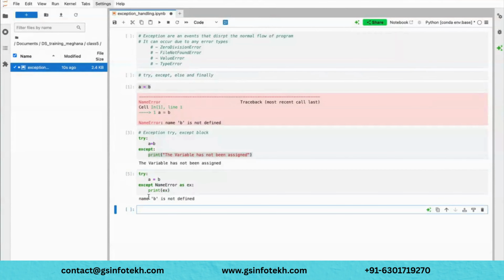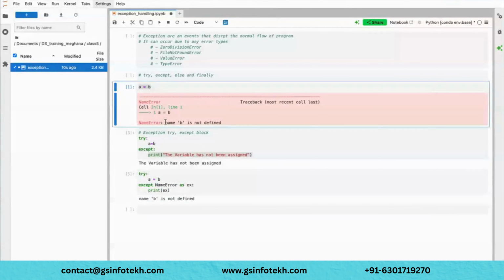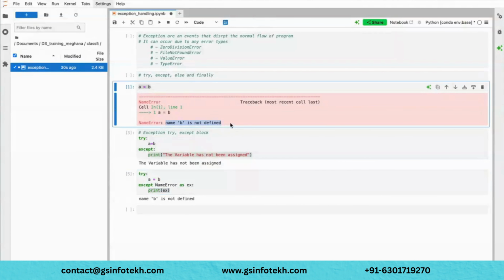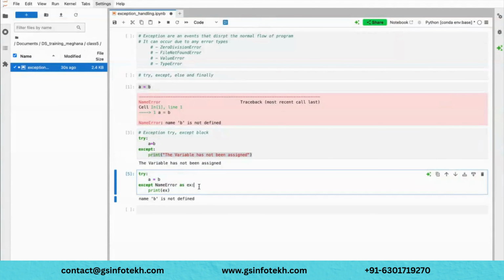So now what I did, see, I know this error will definitely occur, and I'm directly calling the error. This is the class and the corresponding definition. Now when the error occurs, I know NameError will occur, and whenever it occurs, I'm accessing the definition from the Python interpreter itself. I'm not doing any kind of custom message. You can also keep a custom message, but this is a better way.